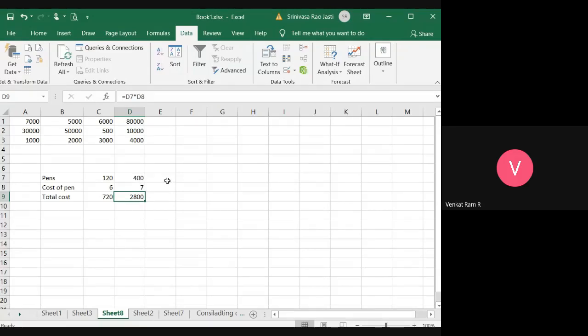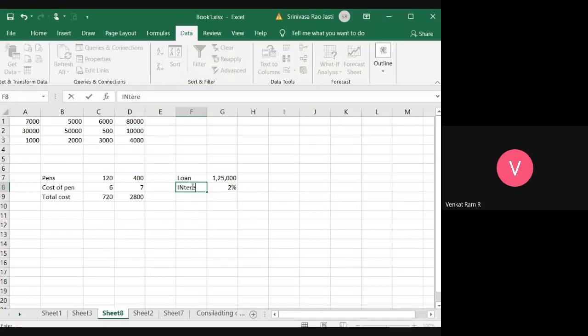Same with interest also. Suppose let us take a person has taken some 1,25,000 from a bank. Loan is 1,25,000.